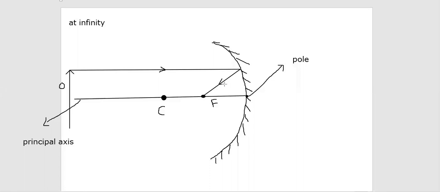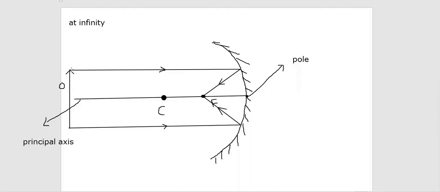Understood, everyone? In the same manner, another ray of light is coming from downwards which is parallel to the principal axis. After touching the concave mirror, it will reflect and pass through the focus. Understood? So we are using the same first rule two times here.